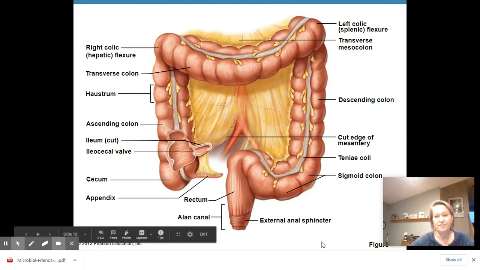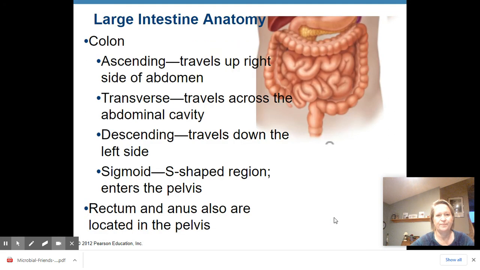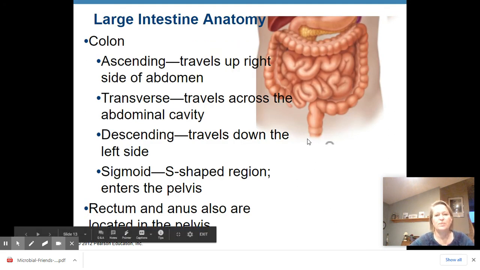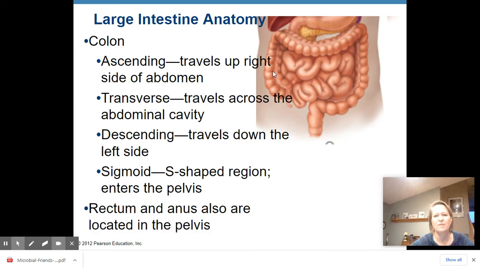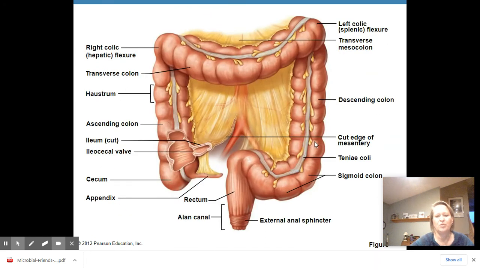Here's the whole thing again, looking at it more closely, going through each part of the colon itself. We just entered the cecum. Now we're going to go up the ascending colon, then across the transverse colon, and then down the descending colon, and into the S-shaped sigmoid colon. And then we end up going into the rectum and then into the anus. I shouldn't say we, but